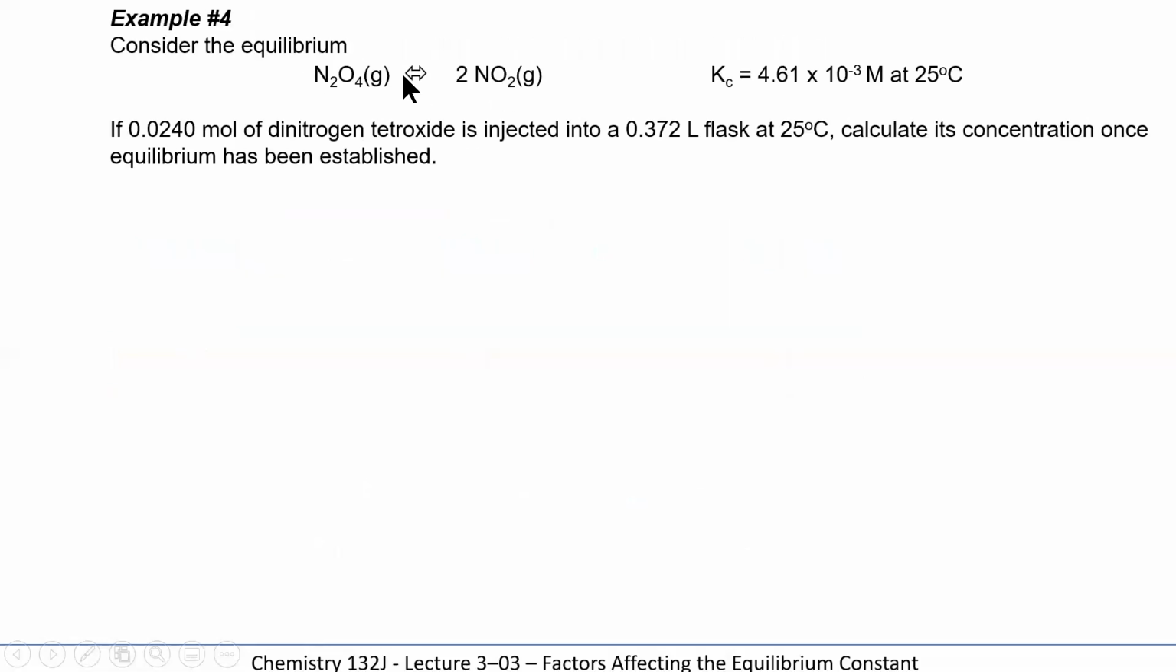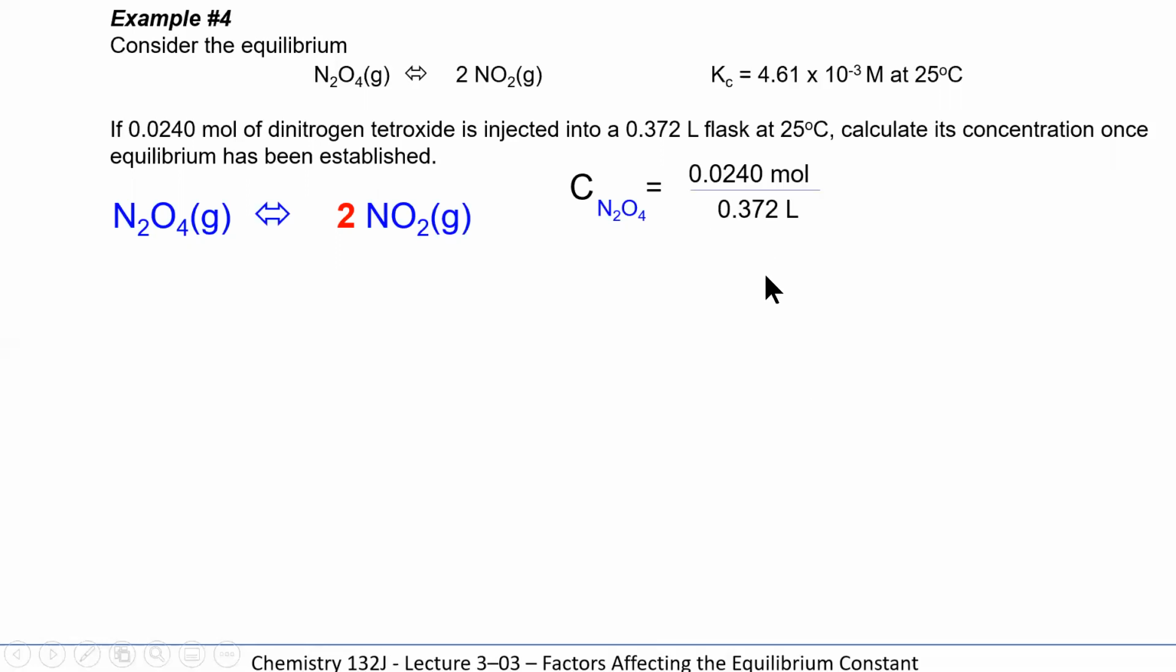Now another example, we have the equilibrium of N2O4, dinitrogen tetroxide, in equilibrium with nitrogen dioxide. We're given the Kc value at 25 degrees, and we're told that we're injecting 0.0240 moles of the dinitrogen tetroxide into a 0.372 liter flask at 25 degrees Celsius. Calculate the concentration once equilibrium has been established. So we're going to calculate the concentrations because we're given moles. It's moles per liter. Concentration of N2O4